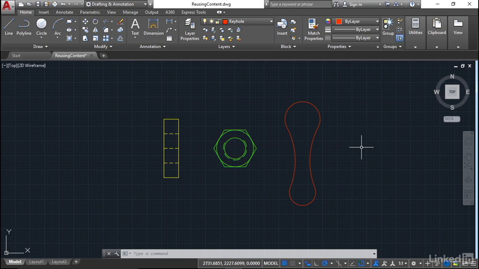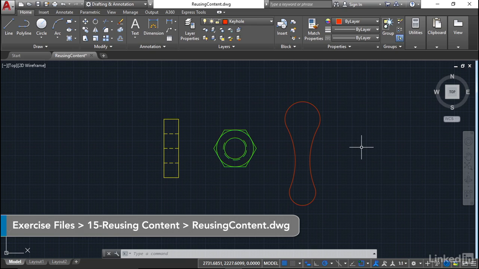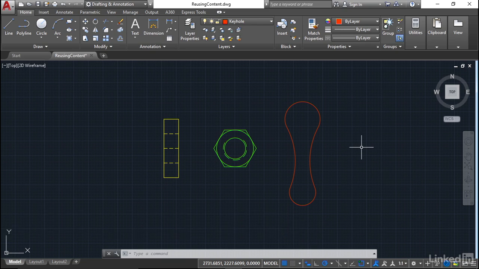We're starting another chapter now in our AutoCAD Essential training, and we're going to be looking at reusing content in our AutoCAD drawings. So we've got a new drawing for you. It's called reusingcontent.dwg, surprise, surprise. And you can obviously download that from the website and use it to follow along with the